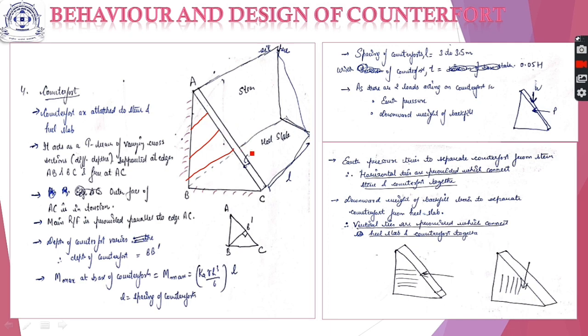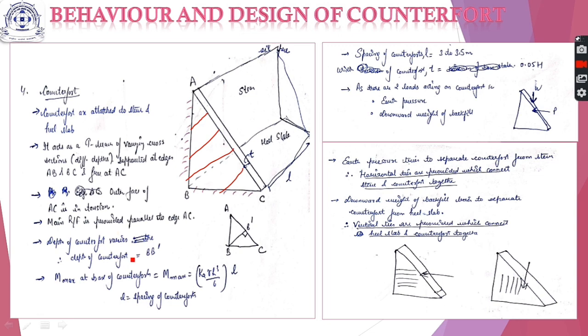The outer portion of this will be in tension due to the downward weight of soil as well as the P force acting on the counterfort. Now when we design this counterfort, as the depth is varying along different cross sections, the depth we will use for calculation will be the maximum depth. If we look at this triangle ABC, BB dash will be the depth. That is, if we draw a perpendicular from the right angle point B towards AC, then BB dash will be the depth